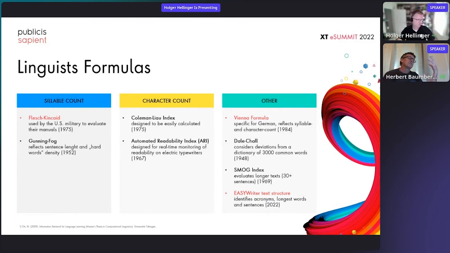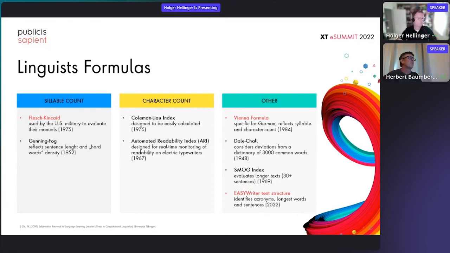However, this comes with a little downside because, depending on the level of education, the societal status, and age, of course, the common dictionary is a little bit in flux. So my kids have a different set of common words than I have compared to my parents, even though we have a similar level of education, or at least a similar path of education. But still, society is changing over time, right? And of course, as Holger already said, acronyms, long words, and long sentences are a simple thing that we can also point out.